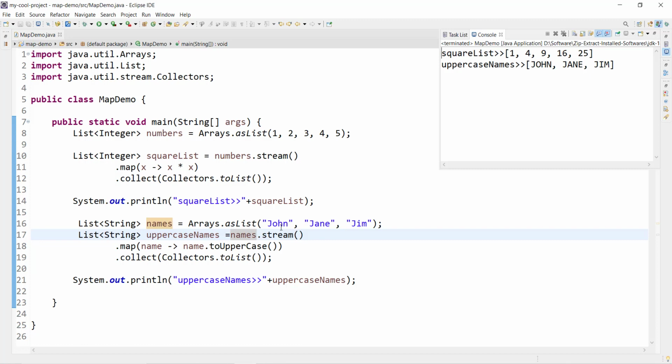Okay, so whenever you need to transform elements from a collection, then use the map operation of stream. Okay, that is the bullet point. When you need to convert or transform existing collection elements to something else, then we should use the map operation. Okay, the last one,